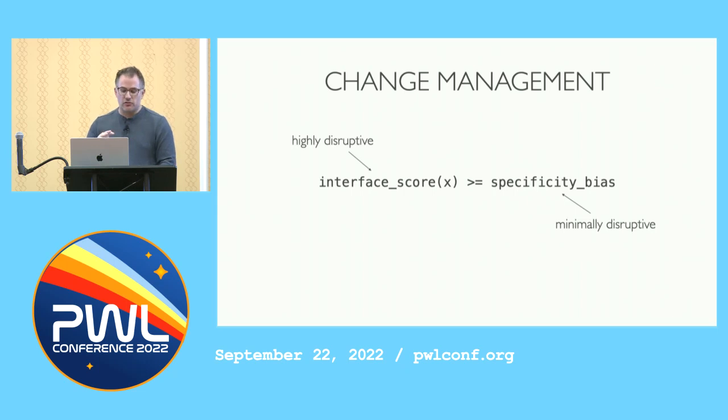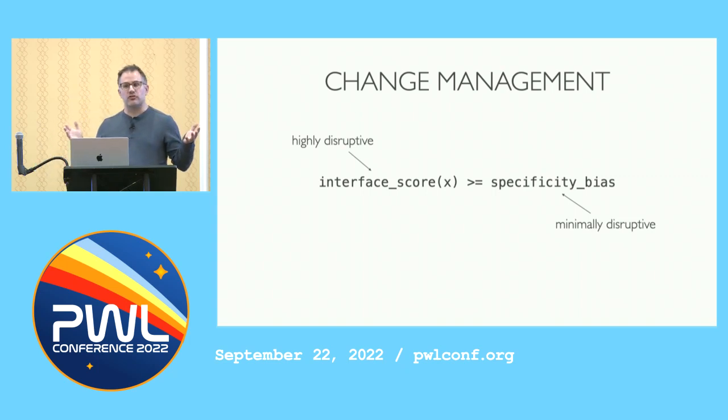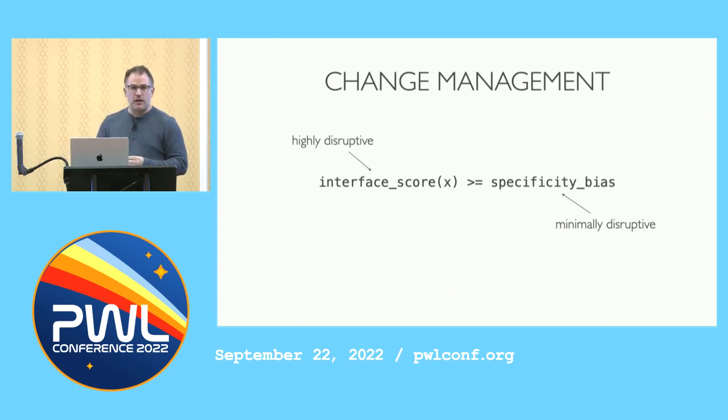Relatedly, I think that this can go and help us reason a little bit about two ends of a spectrum when it comes to trying to make a change in our code. On the one hand, we have this sort of highly disruptive change where we go and we make a change, but then it breaks something next to it, and then we try to fix that, and then that cascades out and out and out, and all of a sudden we have this sort of PR from hell, right? And this is because we've gone and we've changed the shape of that meaning, right? We have broken assumptions that existed elsewhere in our code, and our attempts to fix that break still further assumptions